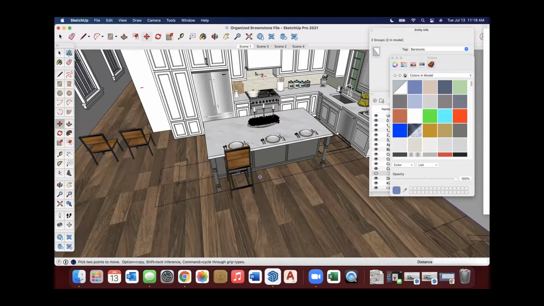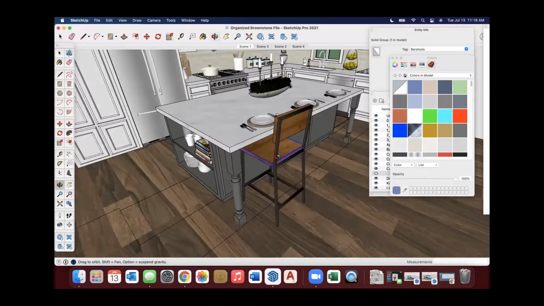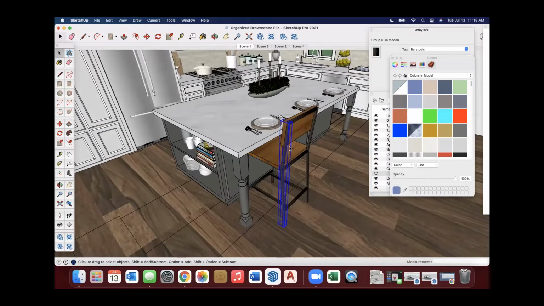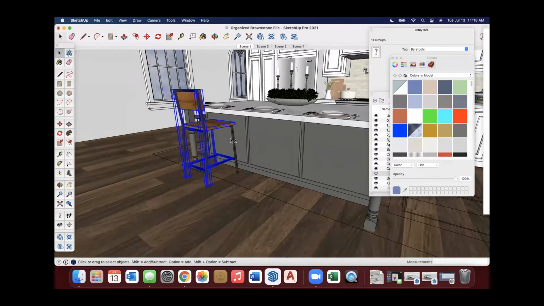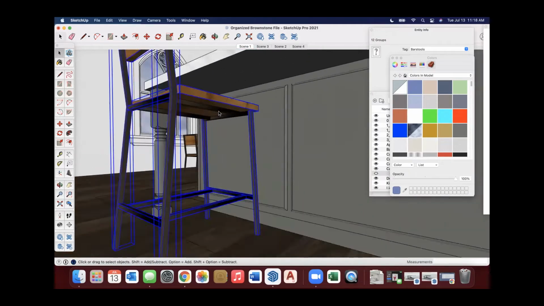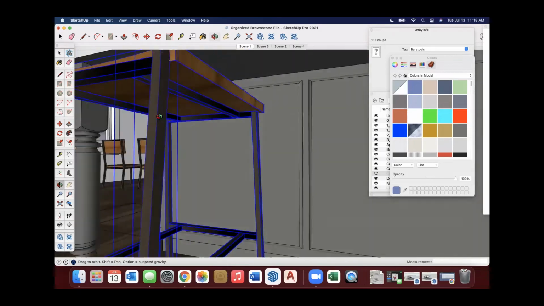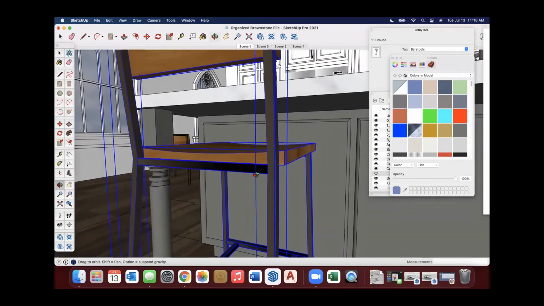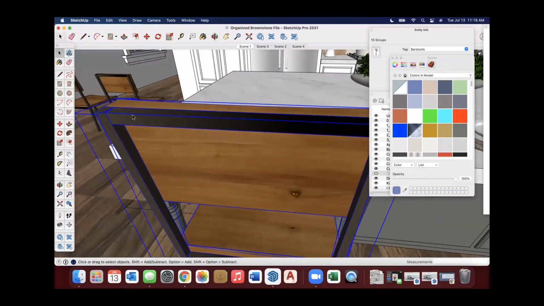over here. And what I'm going to do is explode this one because I want it to be out on its own. So I'm going to make sure I get all the pieces of it, because the individual pieces are still there. Make sure I get everything, and that leg, and everything underneath. That's important because you've got to get all those pieces too. Now I think I have everything.